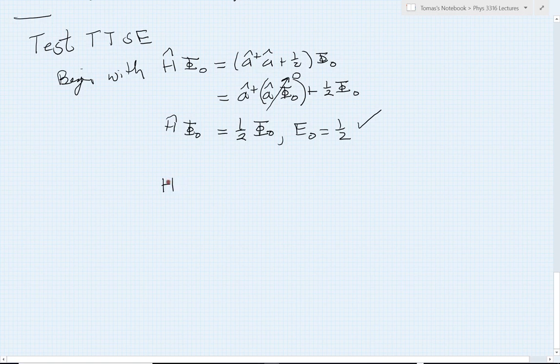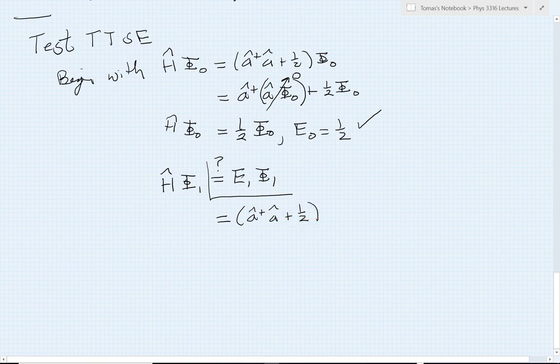So now let's test our Hamiltonian acting on our proposed first excited state, and we're hoping we will get back then just some energy times that state, but that's really something we're testing now. So I'm not going to be assuming this. That's just sort of our inspiration. Now when I apply the Hamiltonian on phi 1, the Hamiltonian itself is again a hat dagger a hat plus 1/2, and that then is now to be applied to our